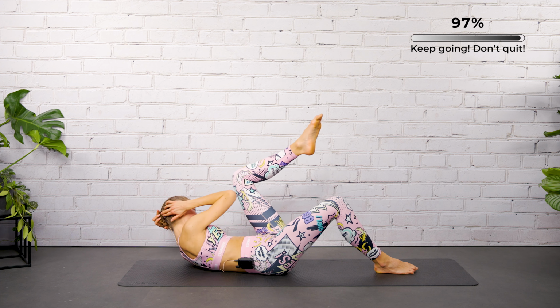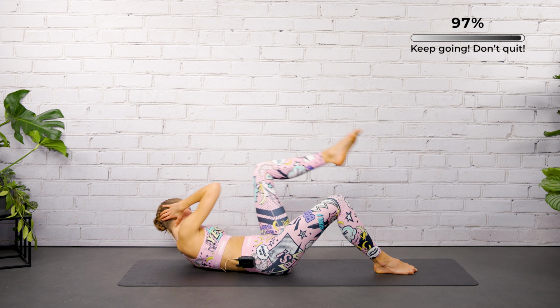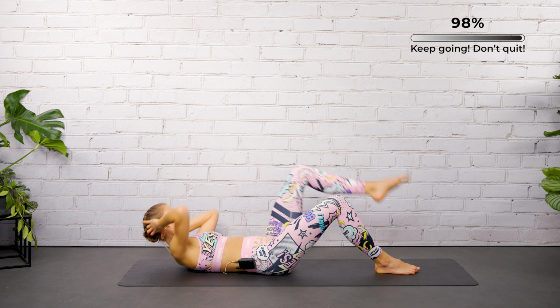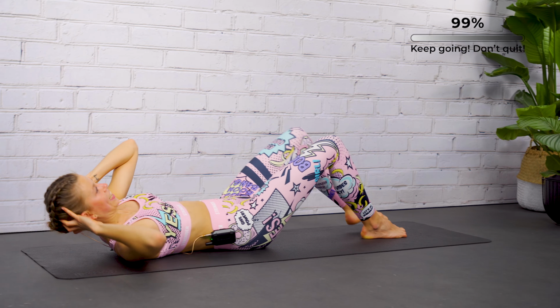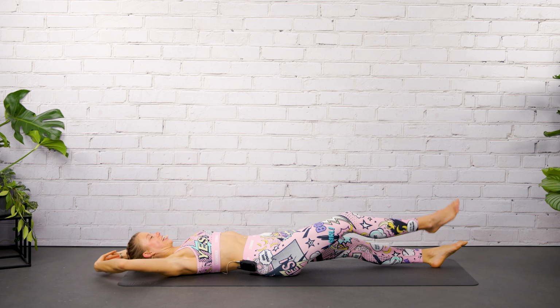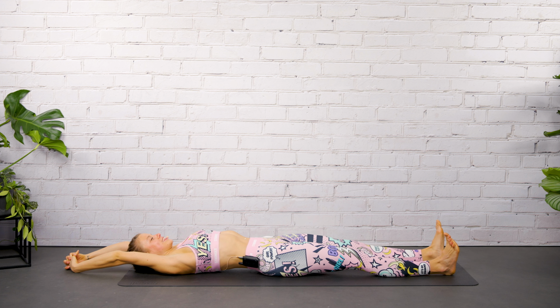Can we do one more 8? Yes, let's go. We can do it together. Woo! 7, 6. Just 4 more to go. Last one. And then lengthen your legs, lengthen your arms, interlace your fingers, and pull your hands away from your